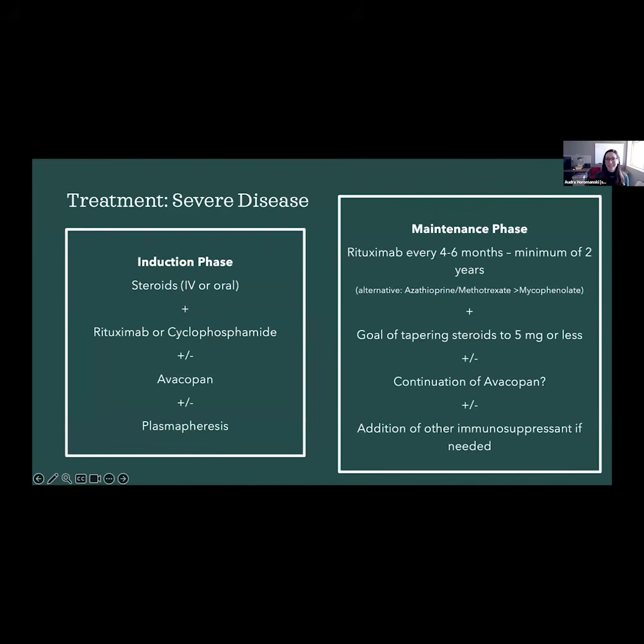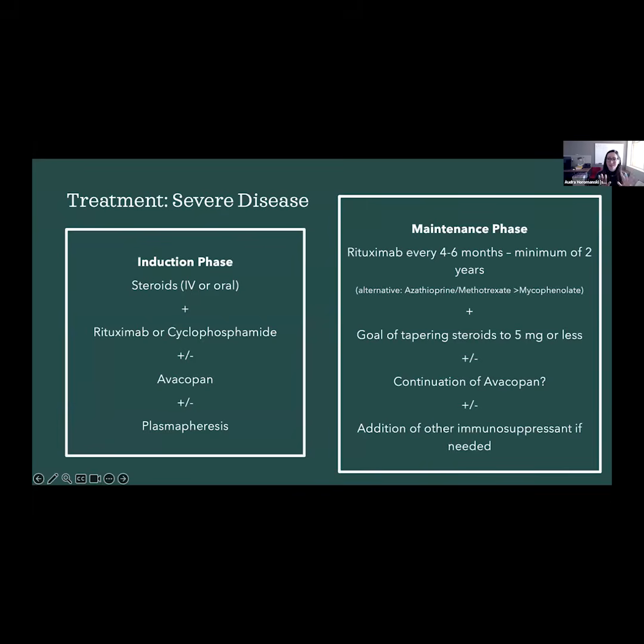We sometimes mean lung disease, so more severe lung disease, especially when there's bleeding into the lungs. Peripheral nerve disease, I also qualify as severe disease. When we're talking about non-severe disease, frequently that's sinus disease, for example, the most common non-severe disease. But right here, we're going to focus on the severe disease.